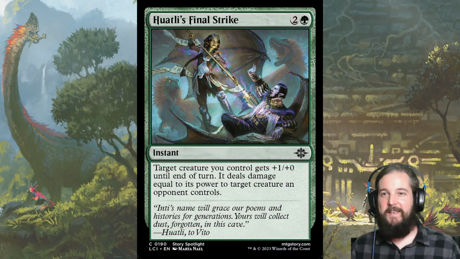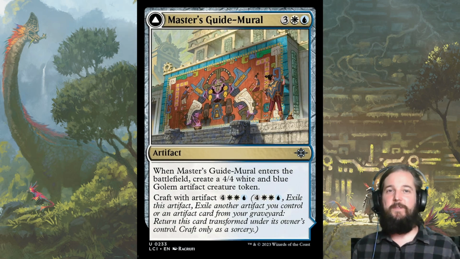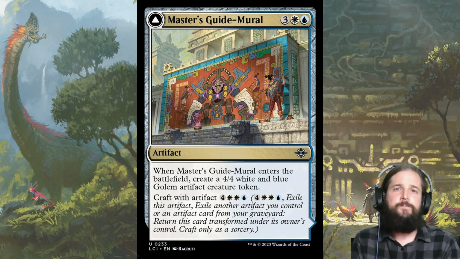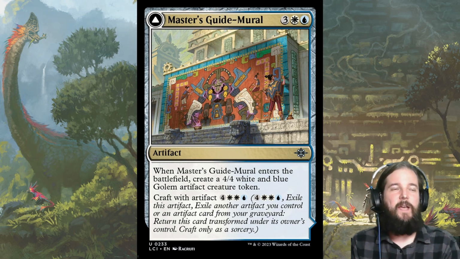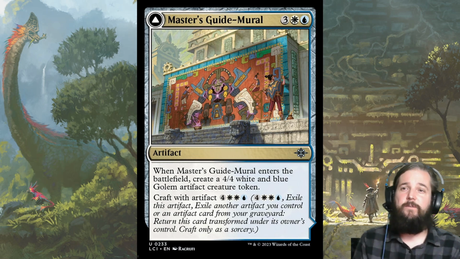So that's it for my top commons, and now let's get into the archetypes, which is my favorite part of any of these set draft reviews. So each color pair gets an uncommon signpost, generally, to kind of clue us into what the archetype is all about. So first up in Azorius, or white-blue, we have Master's Guide Mural, which is an artifact for 5 mana